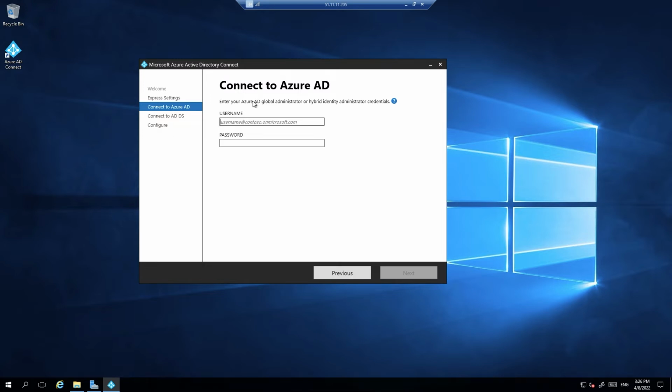Now what you need here is an Azure AD account with a global administrator role, as per the prerequisite that I've said earlier. So I'm just gonna enter that account here. Okay, now that we're logged in, it will then prompt you for your Active Directory Domain Services Administrator credentials. So this is now your on-prem AD Administrator credential. So I'm just gonna type that in. Next,